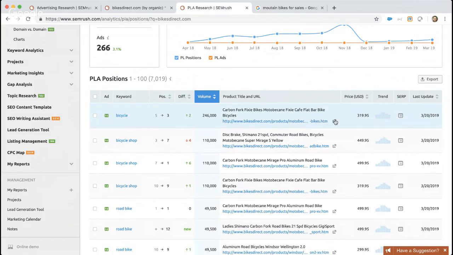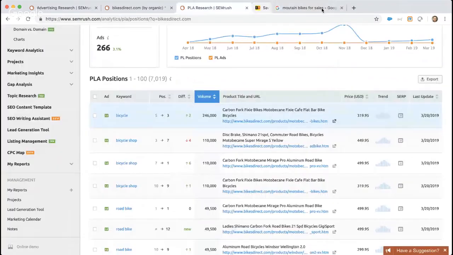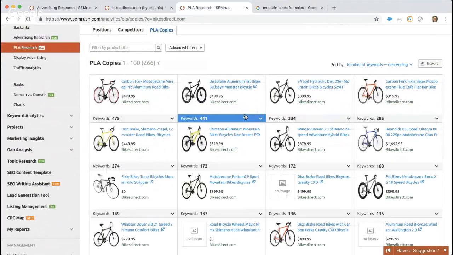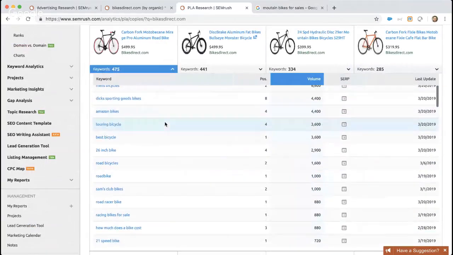Here is the physical link. I can click right to it via the link on SEMrush. And also the price. What is my competitor listing this product for sale at? The PLA copies report will, of course, and you've seen this already, show you the product listing ads as well as the keywords responsible, in this case, for these ads showing up in the Google Shopping Network